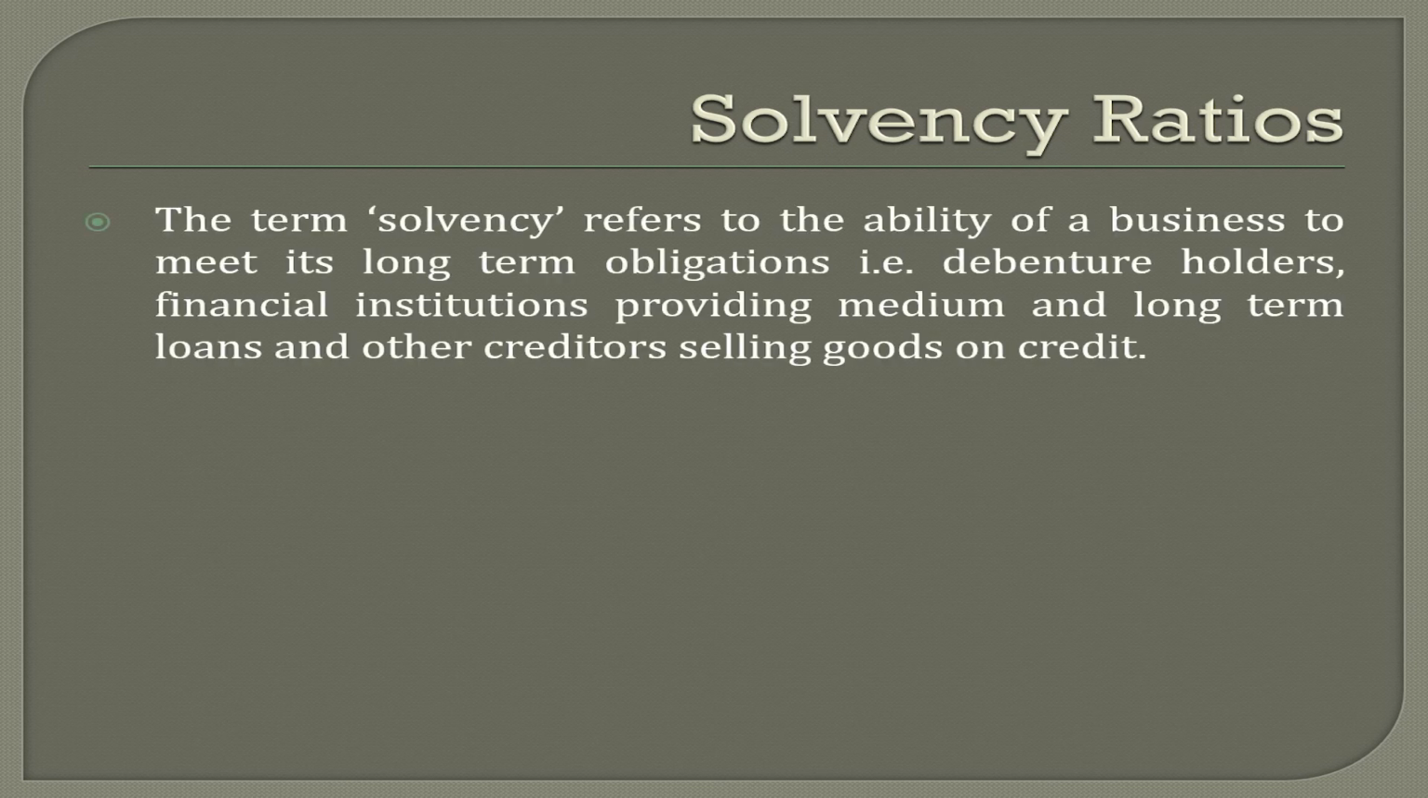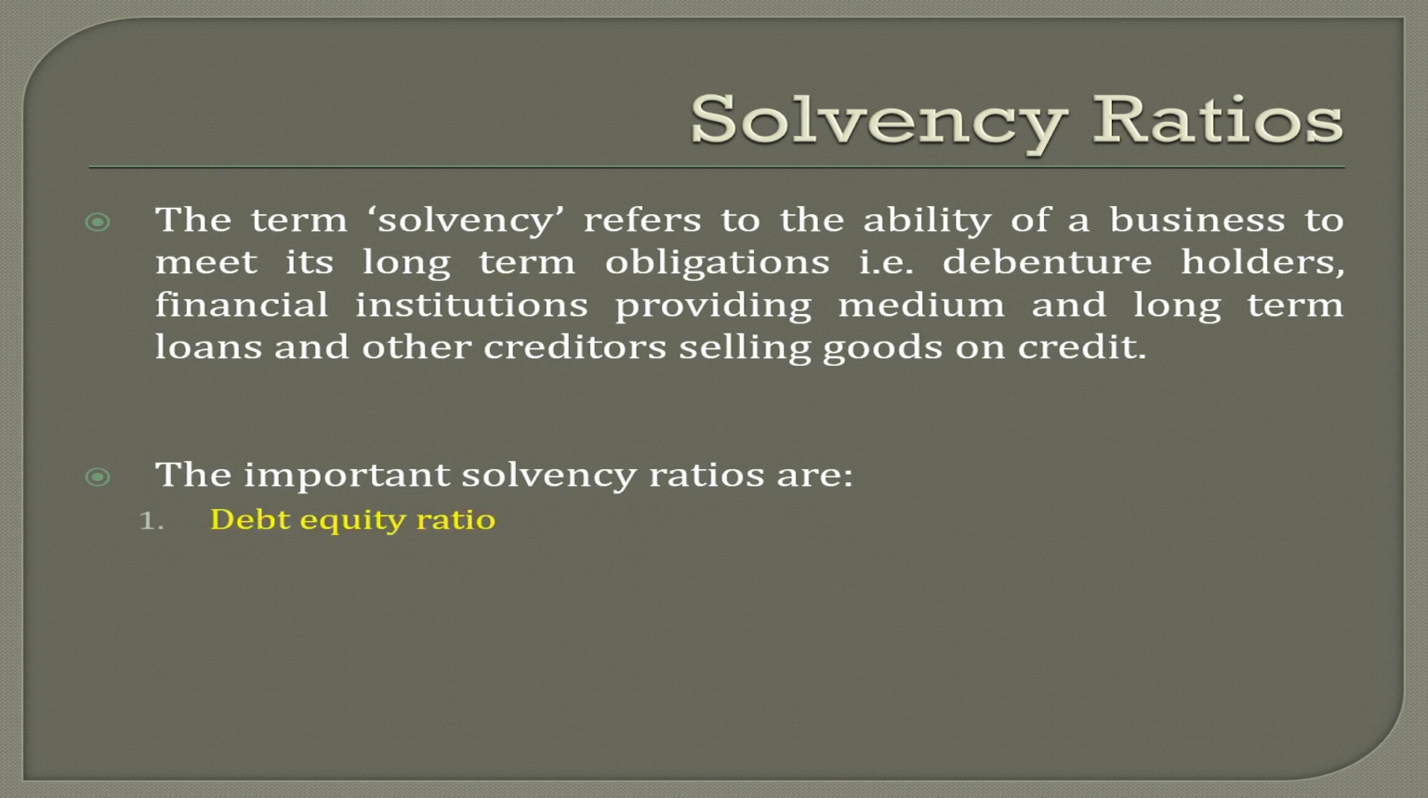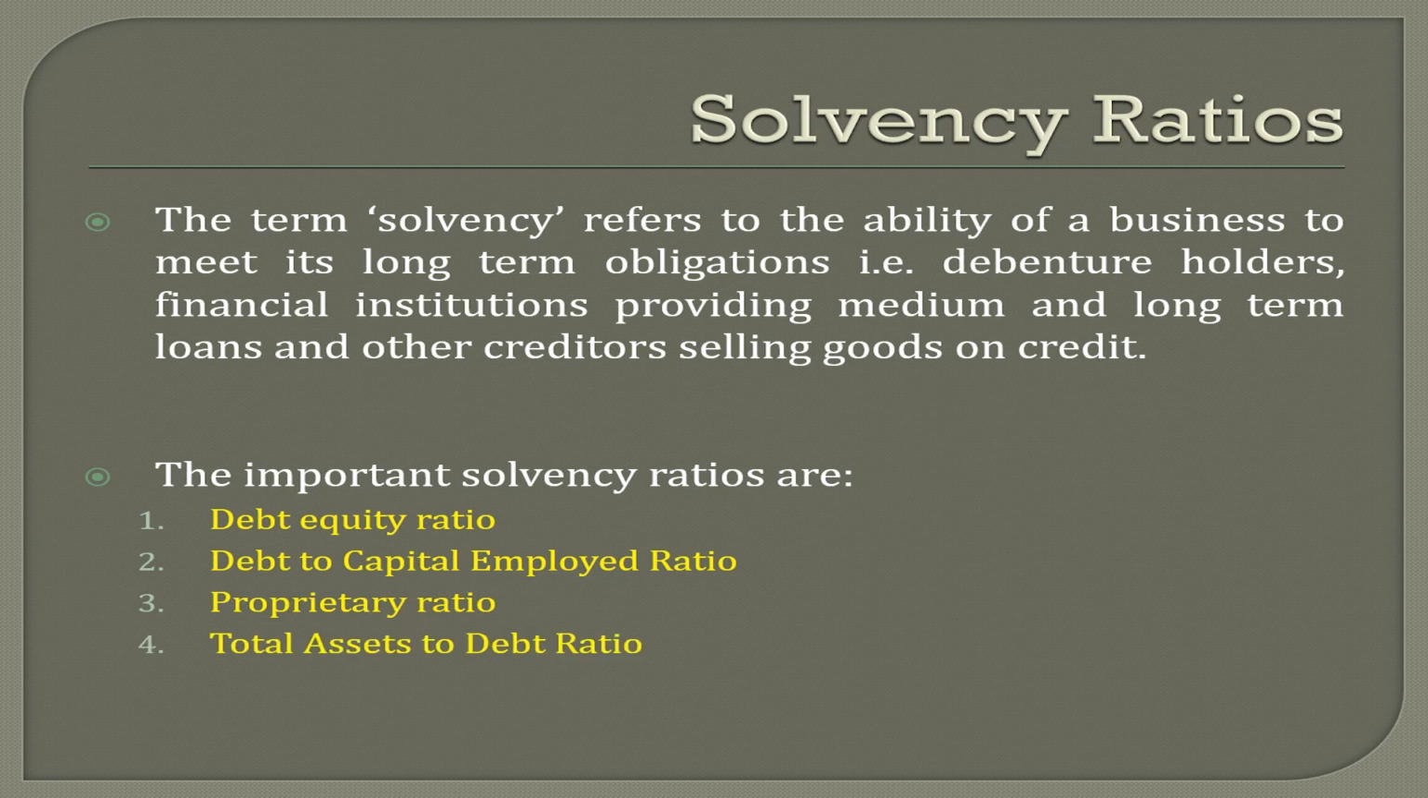The term solvency refers to the ability of a business to meet its long-term obligations, that is debenture holders, financial institutions providing medium and long-term loans, and other creditors selling goods on credit. These ratios specify firm's ability to meet the fixed interest and its cost and repayment schedules related with its long-term borrowings. Important solvency ratios are debt equity ratio, debt to capital employed ratio, proprietary ratio, total assets to debt ratio,